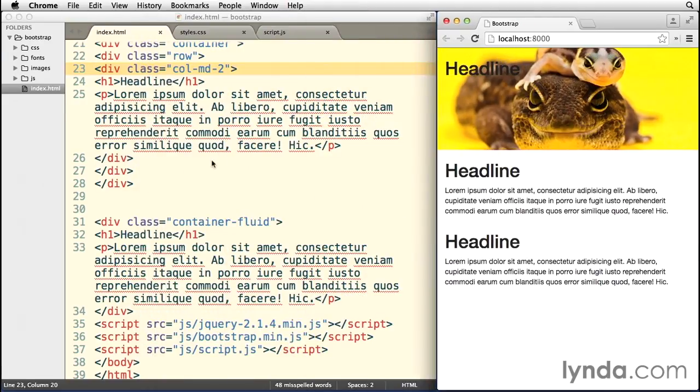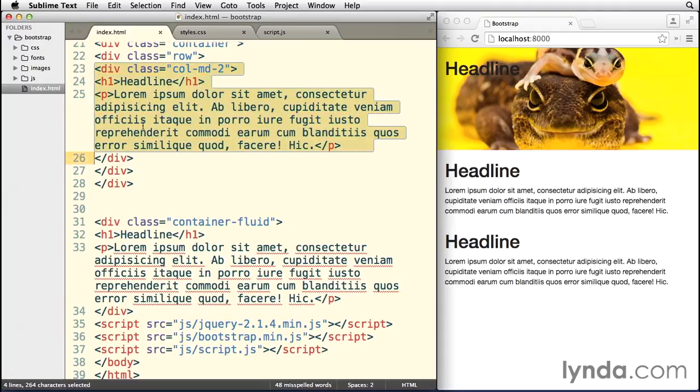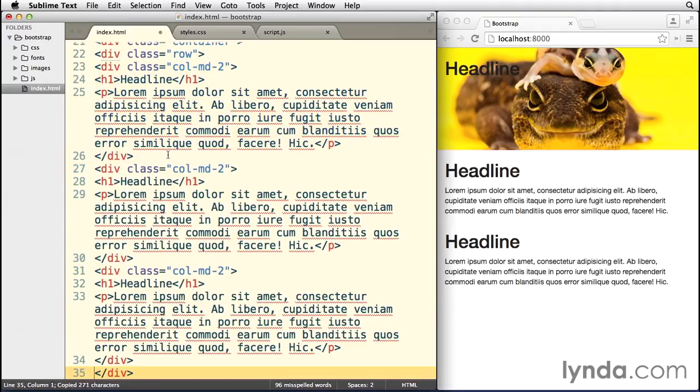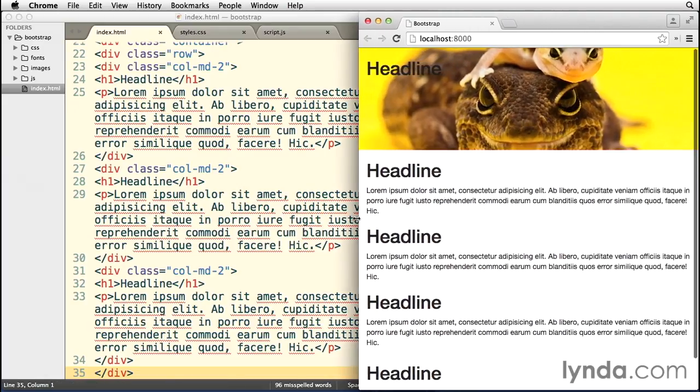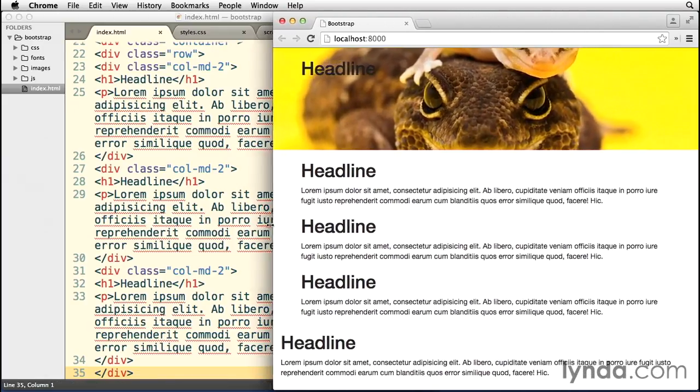So if we were able to sort of repeat that a few times, let's just go ahead and grab this one and paste a couple of them. We'll do 3. And we'll go ahead and do save. Again, because the window is so small, we can't really tell. If we make this a little wider, you'll see that at a certain point, each one of those is going